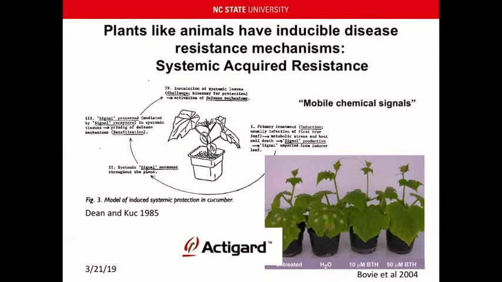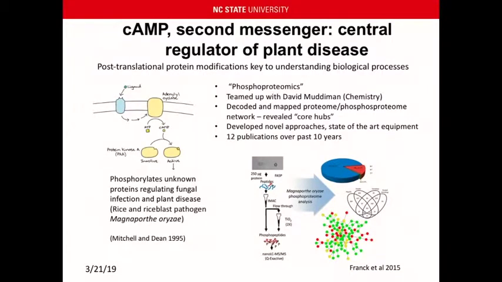These have subsequently gone on, with work that we and others did with a number of the ag biotech companies, to lead to commercial products. One of the most well-known is something called Actigard. This is a chemical that is not a fungicide; it activates the plant's own defense mechanisms. Amazing. Anyway, from there, I moved on to work on another signaling system, something called